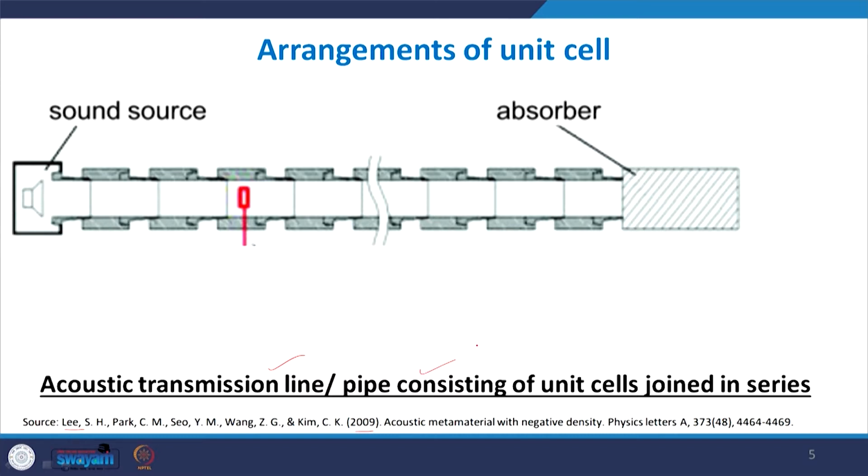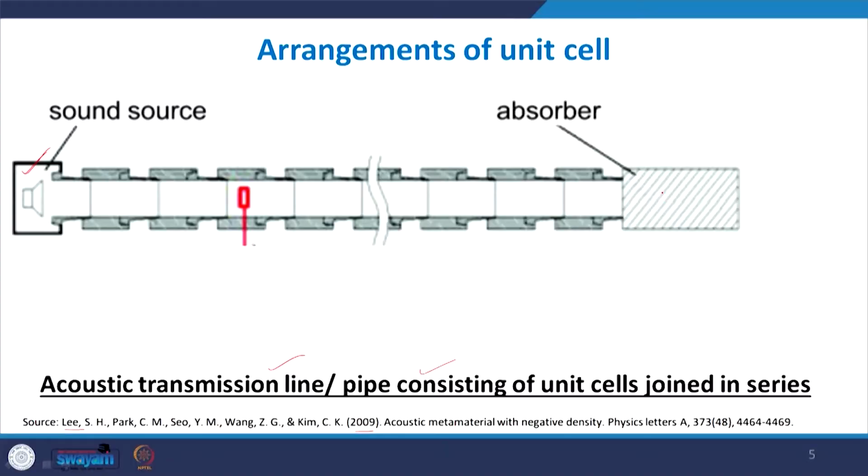So, if you have some noise source here, let us say we have some heavy noise source at one end, and it is emitting loud sounds at almost all the frequencies. So, you have a general loud noise source. Then you can attach this transmission line, and at the other end you have attached a porous absorber. We know that this is a unit cell which is containing a stretched membrane, and we